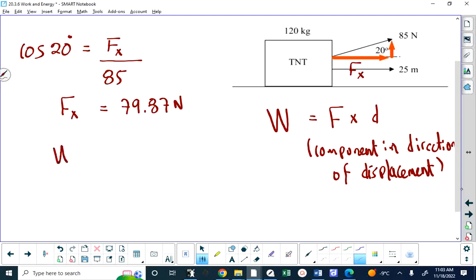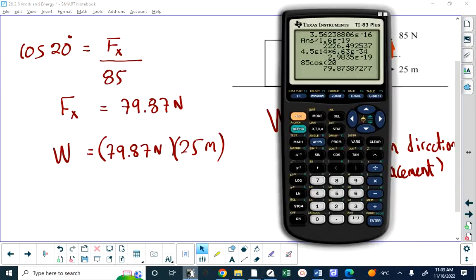So the work done would be equal to 79.87 newtons multiplied by 25 meters. I want to say 2,000, or very close to 2,000. 1,996.75